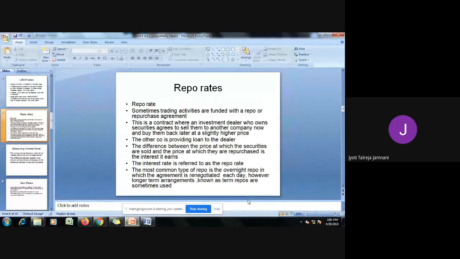So how much is Vishal earning? I'm selling him for 1300 and I will buy back from him for 1350. So what is Vishal's gain? 50. That 50 rupees is the interest that Vishal is earning on the repurchase agreement. It's an agreement between me and Vishal where I have agreed to sell today with a promise to repurchase at a later date and pay a higher price. That higher price which I am paying is the interest that Vishal is earning. Is that clear? Understood the concept with the example?